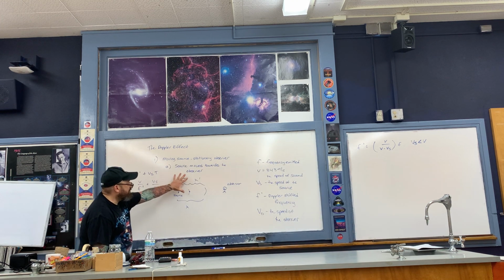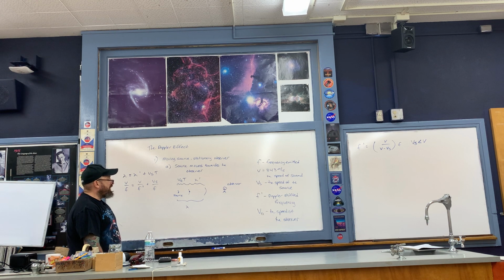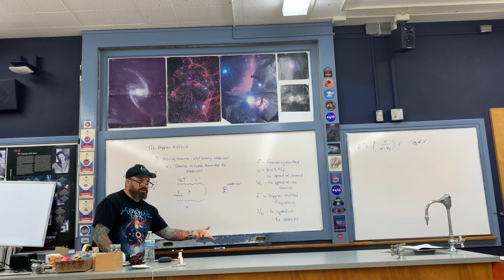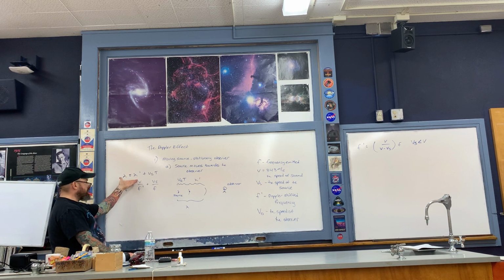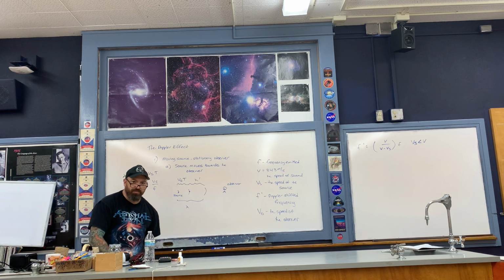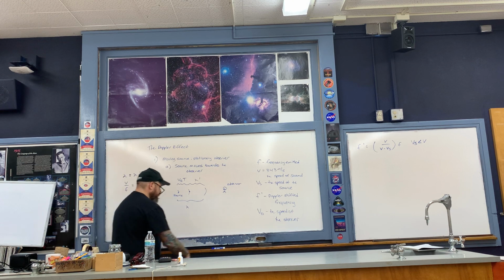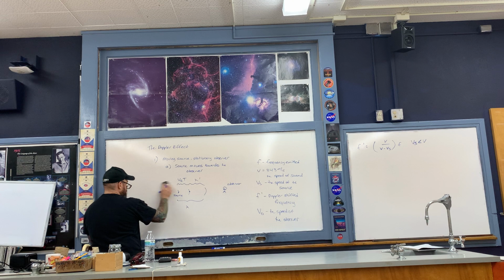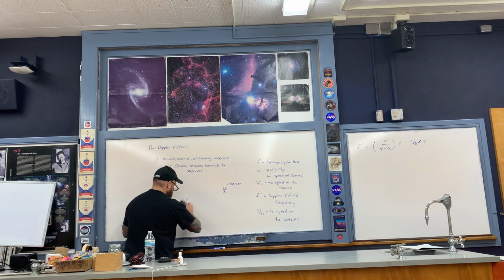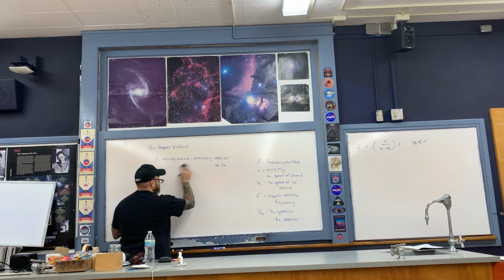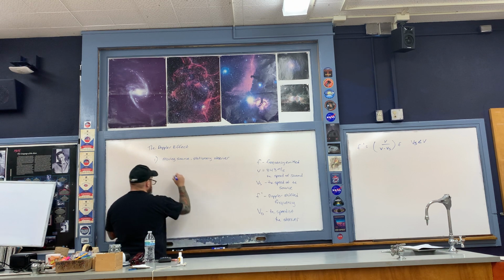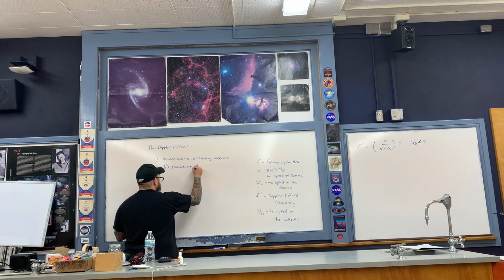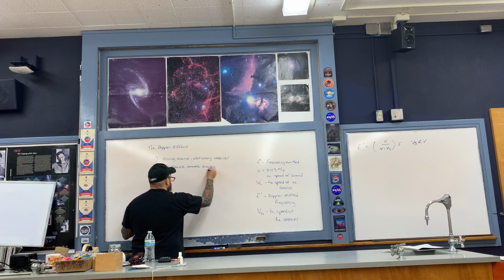Okay, now let's do part B of this scenario, which is what happens if the source moves away from the observer. When I draw out this scenario, I'm going to end up with an expression that very much looks like this, except a couple of the terms are going to be backwards. Here's then what occurs. Okay, so I'm going to call this B. So now the source moves away